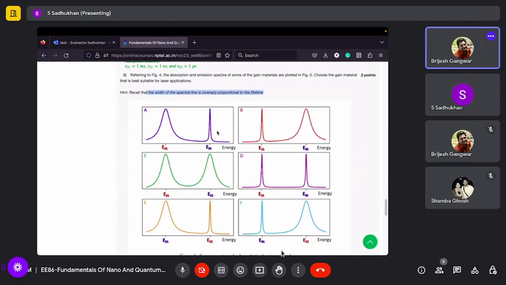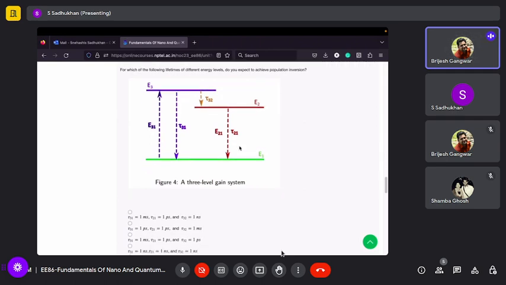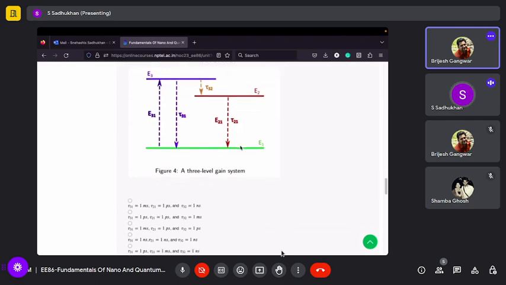Figure 5. See, E31 is emitting at a lower energy, right? Absorption and emission spectra of the gain material. What is the absorption and what is the emission? Just go to the spectral line. Here absorption is happening from 1 to 3, absorption is E31, and emission is E21. So if absorption is at lower energy,